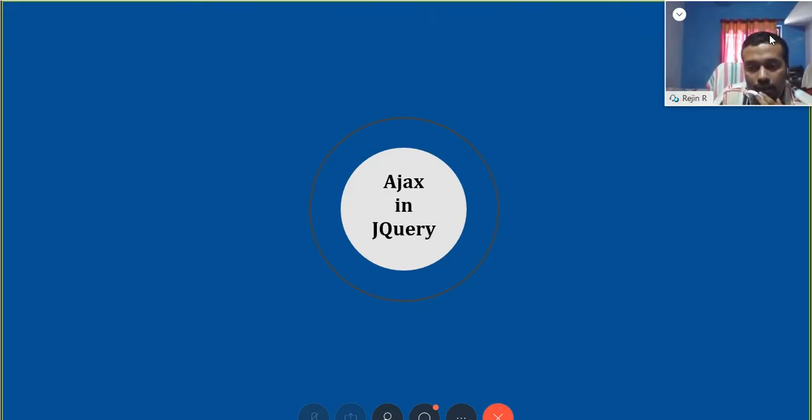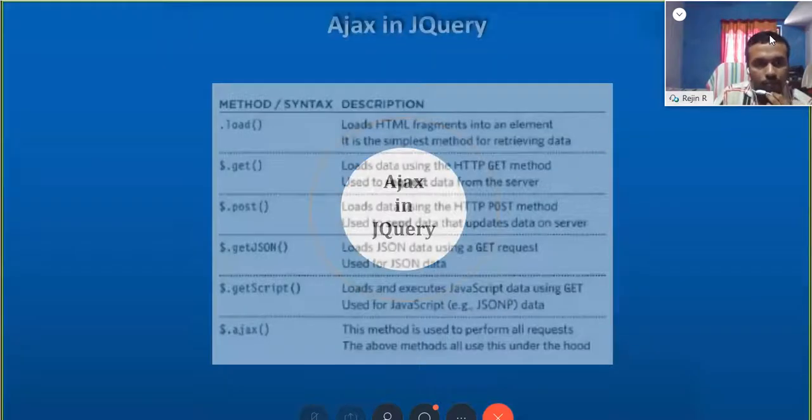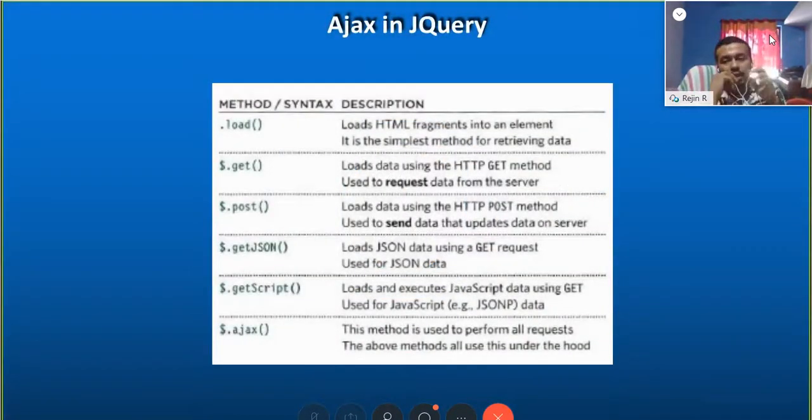And now we will see how to use Ajax in jQuery. As part of jQuery, for implementing Ajax, which is a common great feature, several methods are provided. You can use the .load method, $.get method, $.post method for several kinds of things. For getting, you can use $.get.